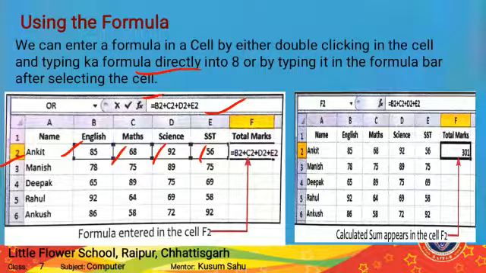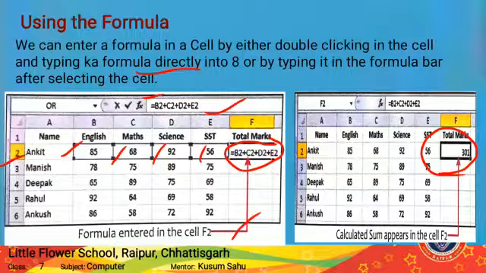And after we write all this formula in this f2 column, it will calculate the total. Here you can see in another program, the total of all these marks is 301. So this chart represents the formula, and this represents the total sum of the given calculation. And we will do other things by using this formula only. So this is the method to use the formula in MS Excel.